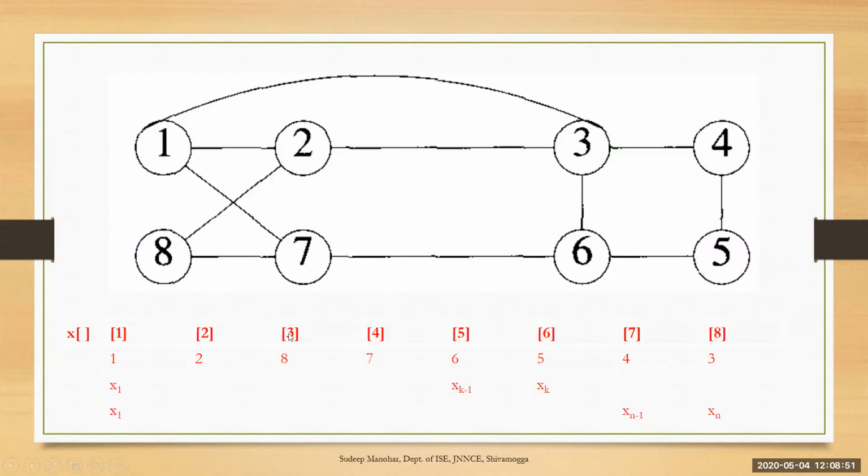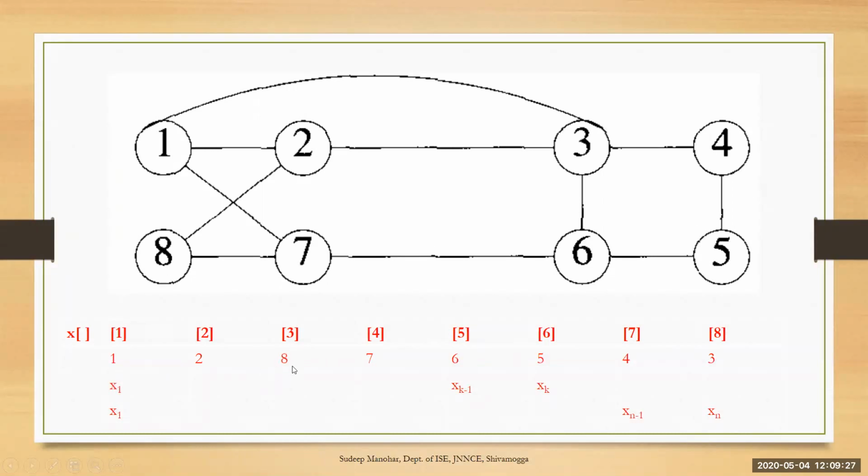Now, if you take x of 3, there is a 0 here. First, you will start from 1. The 1 is already present. You will take 2. 2 is already present. You will take 3. 3 is not present. 3 may be one of the options for this, and 3 may be entered here. And from 2 to 3, there is an edge. So this has been chosen because this is one of the solutions. Similarly, there may be other solutions also. Okay, so 3 may be the solution for this.